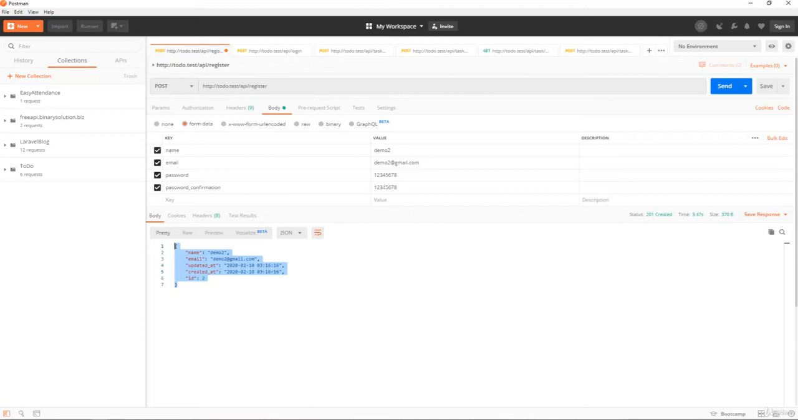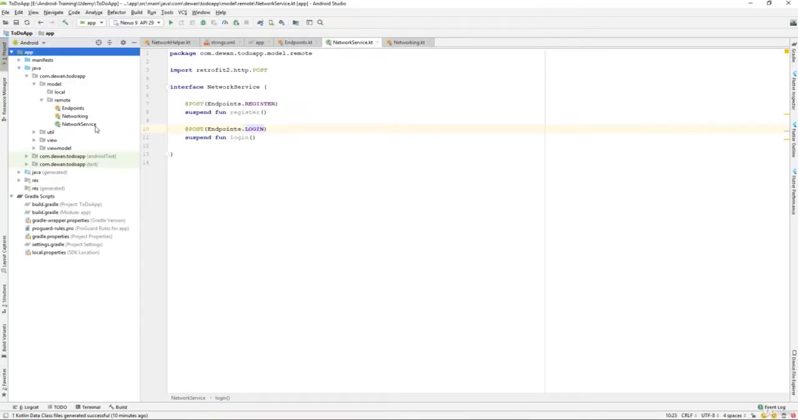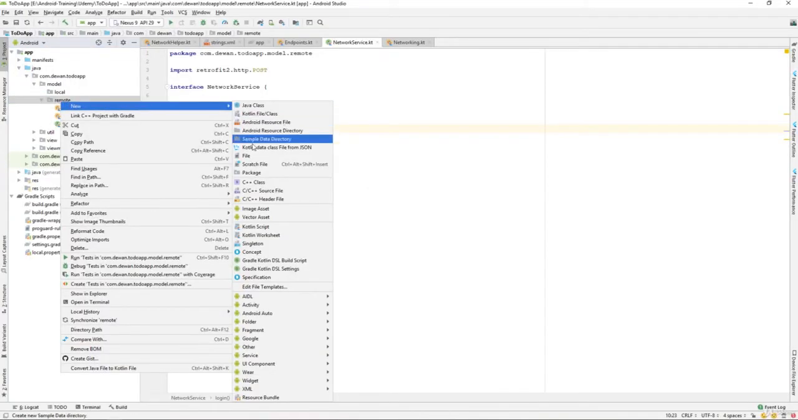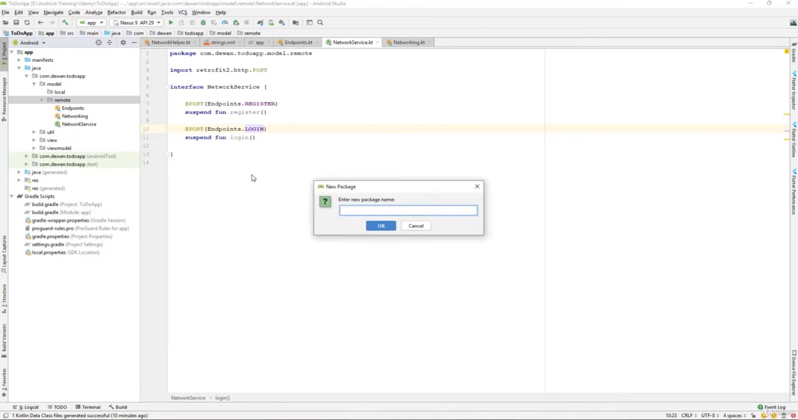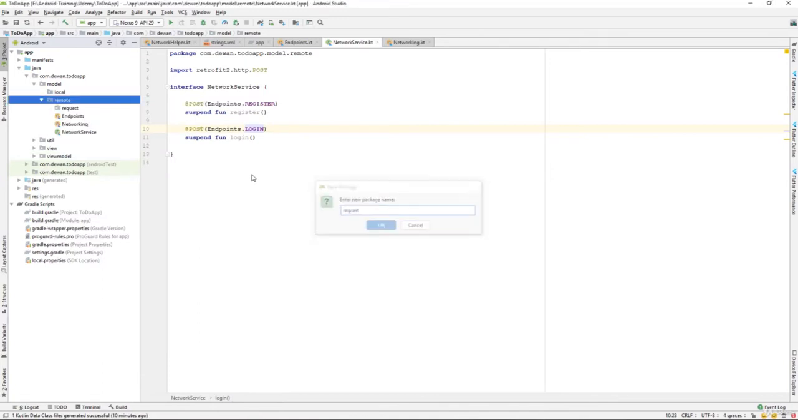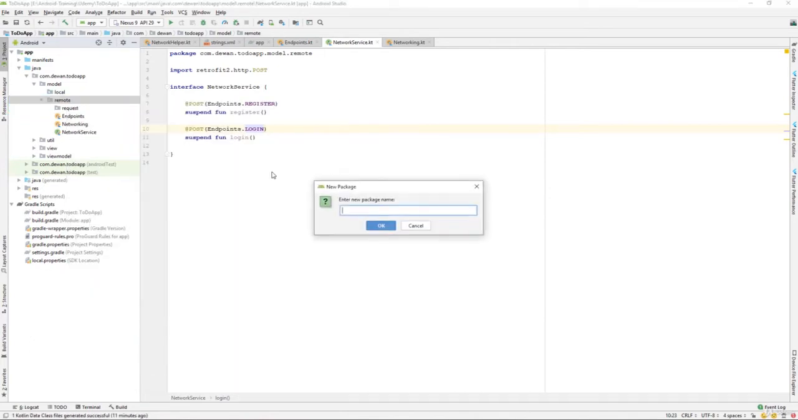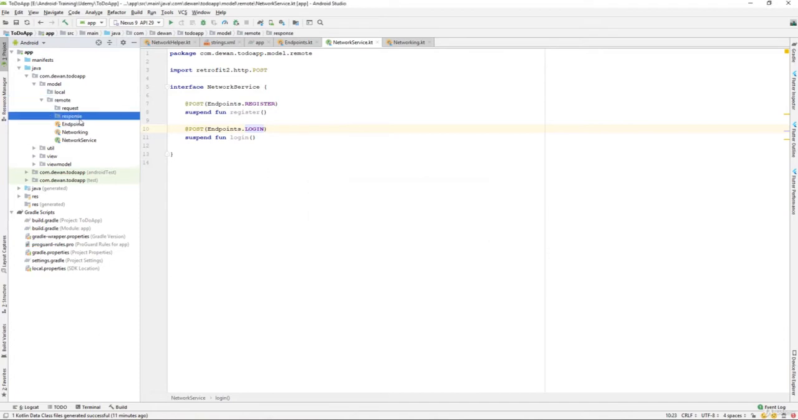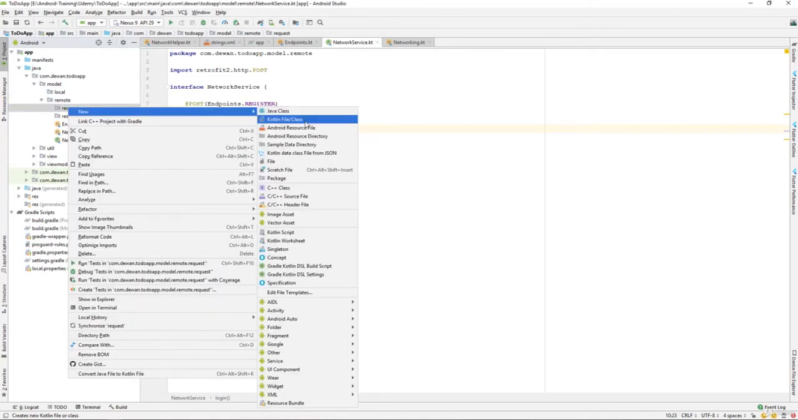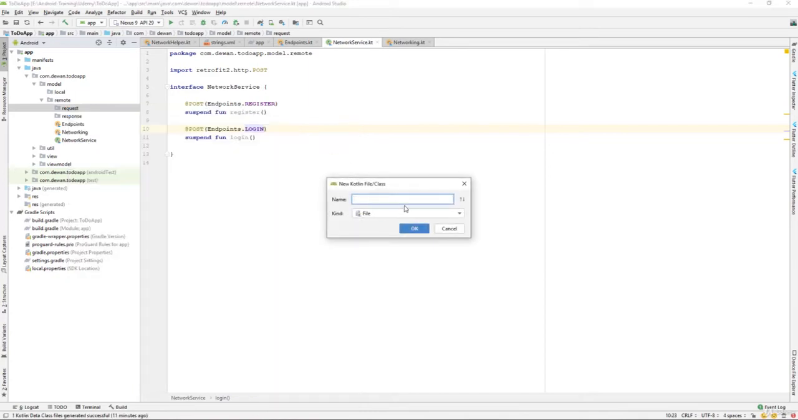So let's go back to Android Studio, and over here in the remote package, let me create a package called request, and another package called response. In the request package we will create one data class in Kotlin. I will call this